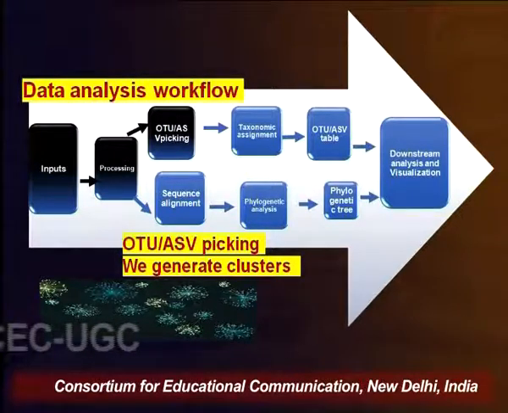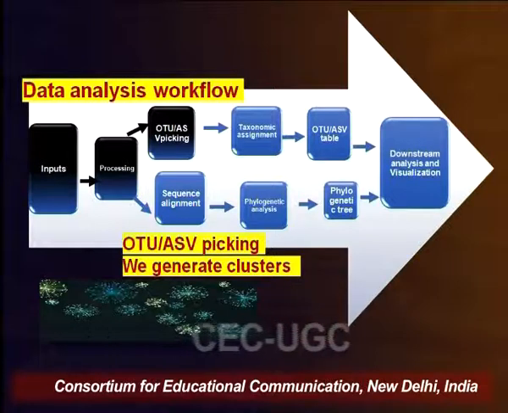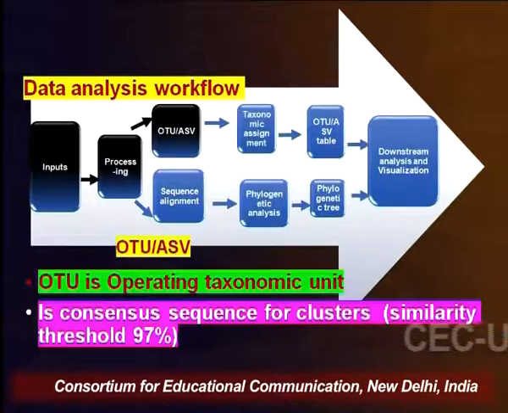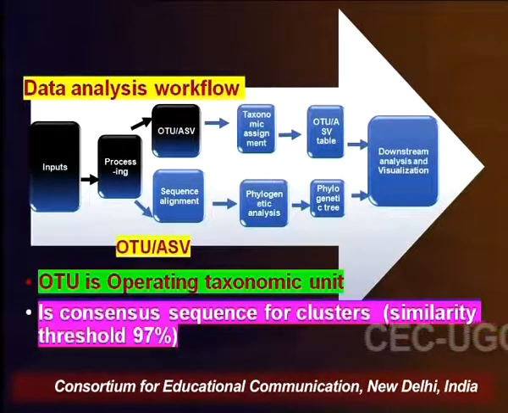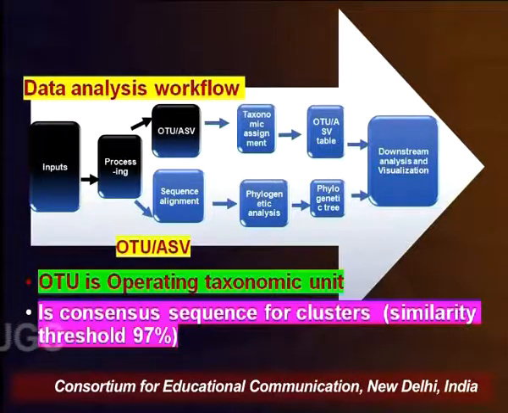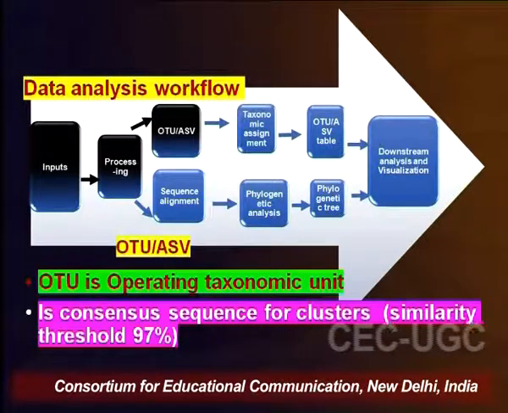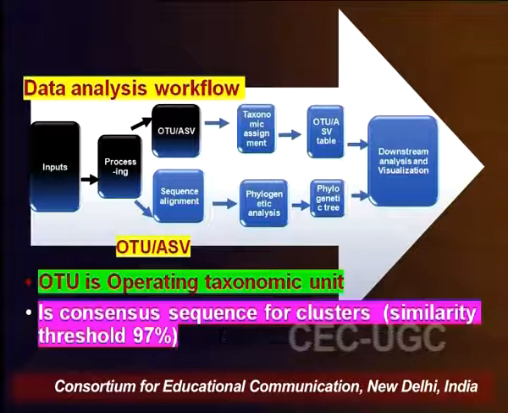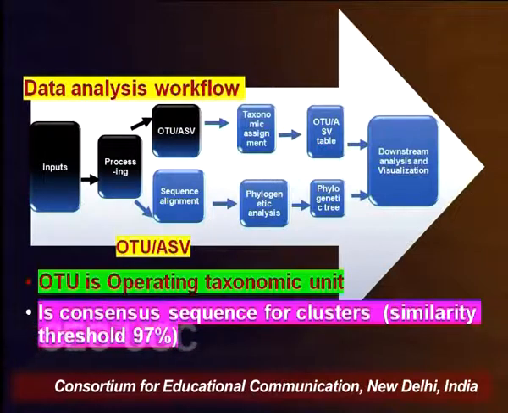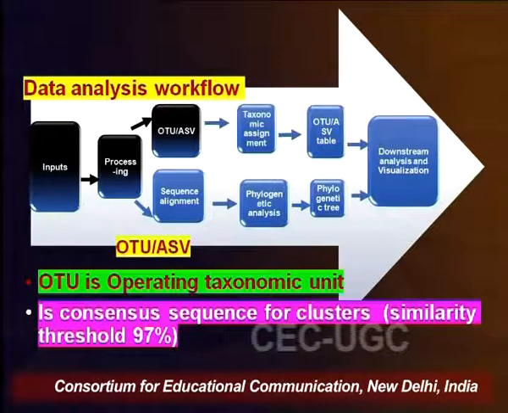So we'll talk about what OTUs are and what ASVs are, but basically what we do here is we generate clusters. So what is an OTU? First of all, OTU is operational taxonomic unit. Basically it is a consensus sequence for a cluster, and the threshold usually kept for this is 97%. So an OTU is a cluster with a similarity threshold of 97%, but it's a consensus sequence for that cluster,